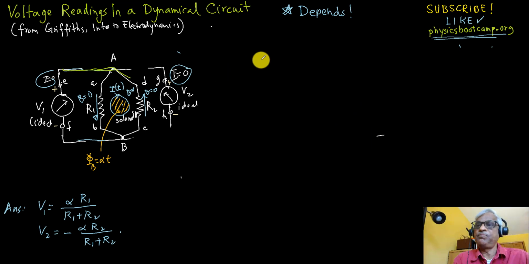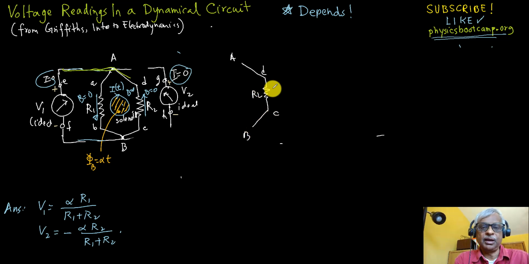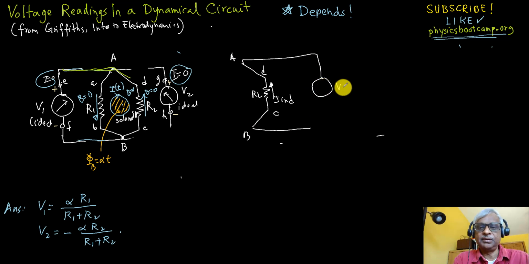Okay, so we're going to do the simpler loop, A to D to B. See, this is R2, and this is the direction in which the induced current is. And then the reading will be V2, and this is the plus side, this is the minus side. So if I go from here to here, so let's try to go this way. So that will be reading V2,